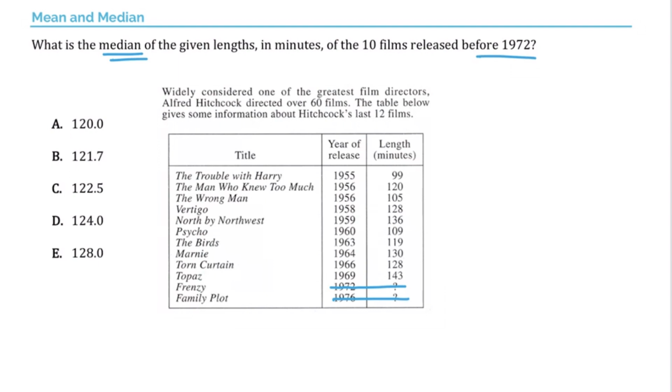All right, so we have the 10 films from here to here, and we want to know the median of their length in minutes. Now, don't just jump to find the number in the middle right now. Remember, the key first step when you're solving for median is you have to put the numbers in increasing order first. So from smallest to biggest. So it looks like 99 is our smallest number. Then 105, so I'm going to cross them out as I write them down. Then 109,